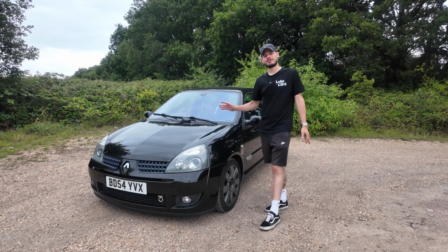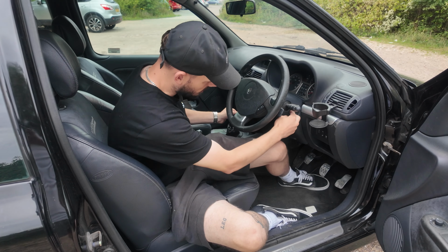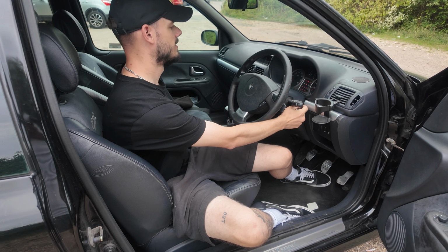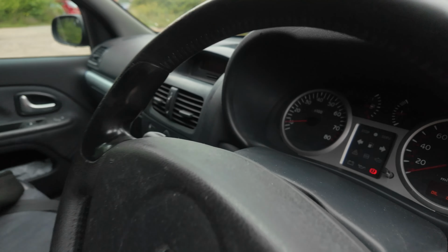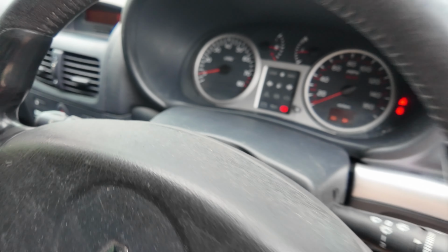Mechanically, the car's very lumpy on idle. I'll insert a clip here. Right, let me demonstrate this lumpy idle for you. So, key in. Fine, lumpy. It doesn't move too much on the dash. If you go to the back,